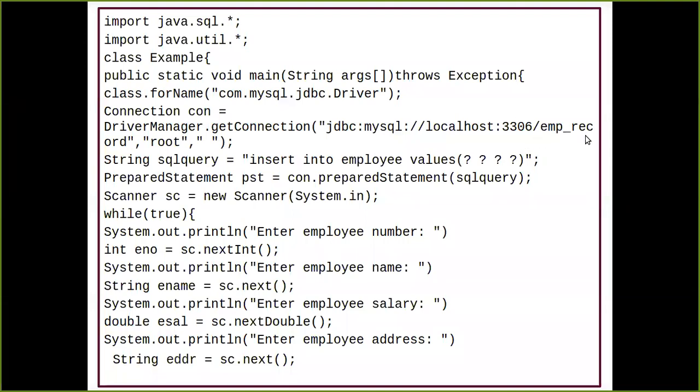Okay, so we have told my program that I'm going to use MySQL, and for that I have registered the JDBC driver also, and I want to connect to the database now using some URL format. So I have to write the name of the database over here, to which database I want to connect. Obviously we are not going to have only one single database, we can have n number of databases. So I have to give the name of the database to which I want to connect. I have written one name, that is emp_record, which is nothing but my database name.